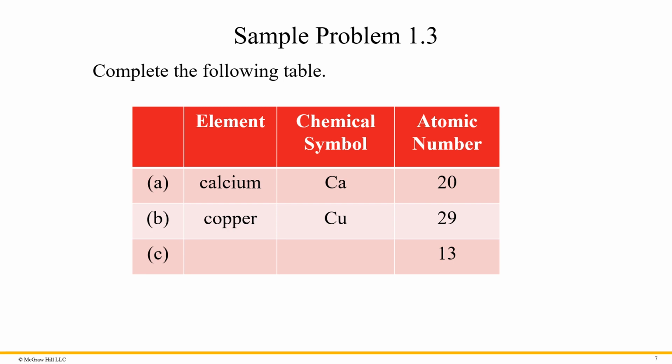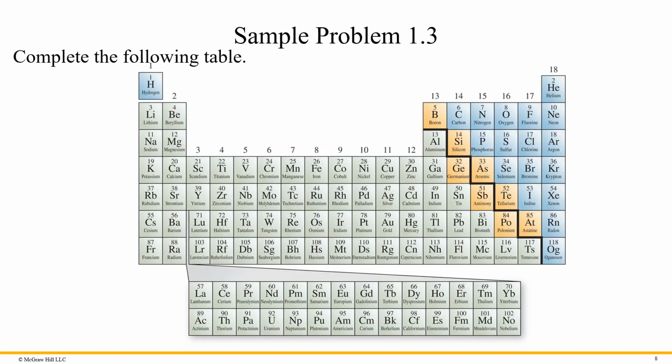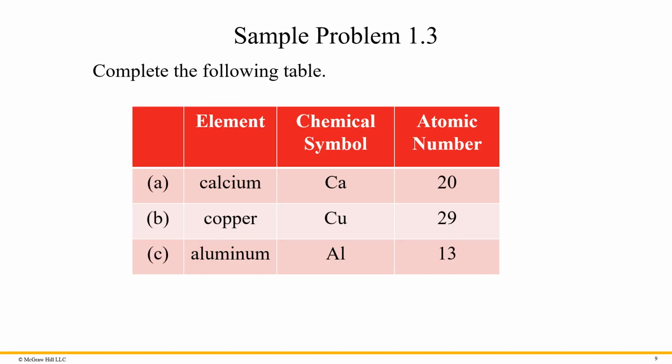And lastly, we'll look at atomic number 13. Let's go back to the periodic table, and we can start by looking at the numbers above each element and then figure out where 13 is. That is element number 13. It has a Z number of 13. It's got 13 protons, and it's aluminum. It's got a symbol of Al, and the name is aluminum. And we go back here and we fill out the rest of the table.